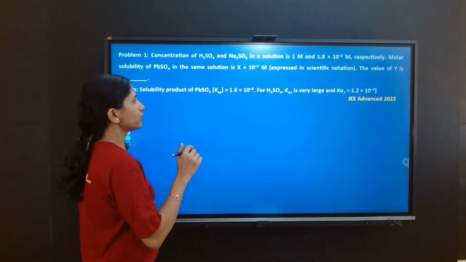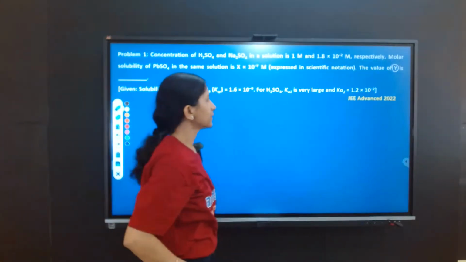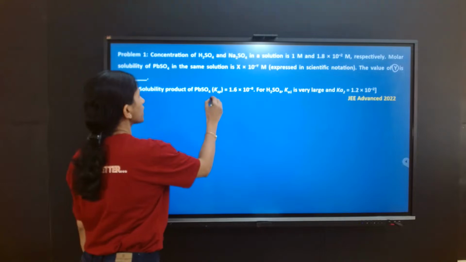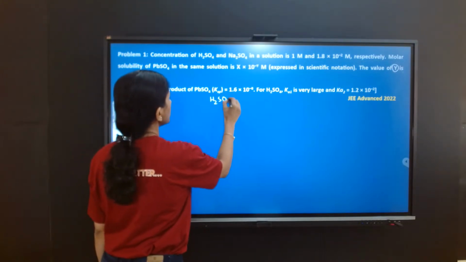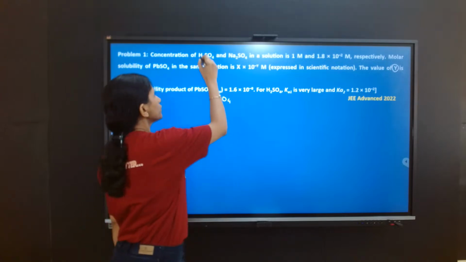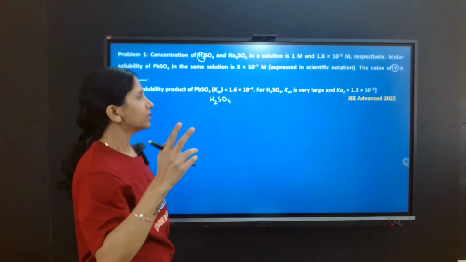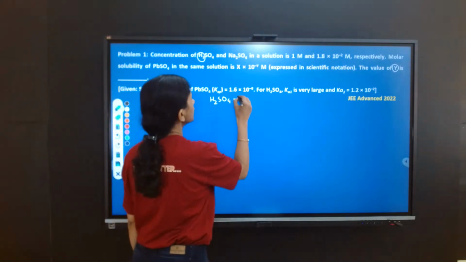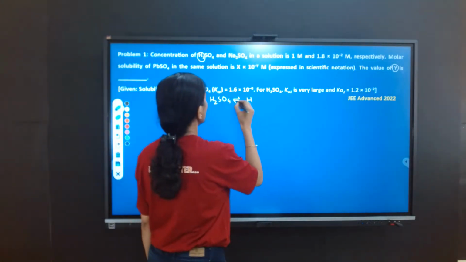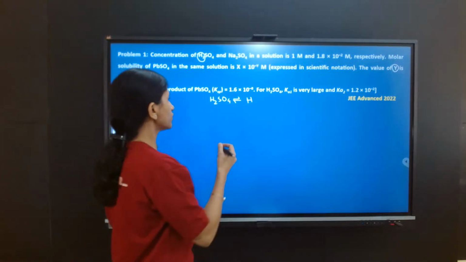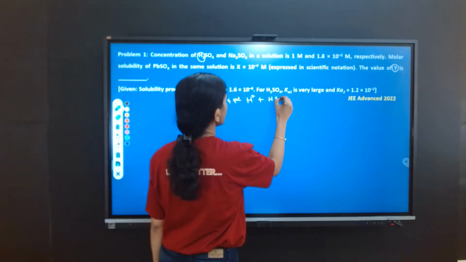Now let's see how we can find out the value of Y. Because we are talking about the dissociation of the electrolyte H2SO4, and because we have two hydrogens here, it will be dissociated in consecutive reactions. The first one is H2SO4 getting dissociated to give H plus plus HSO4 minus,